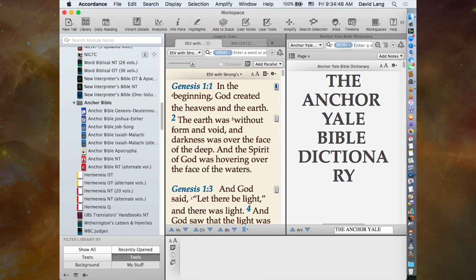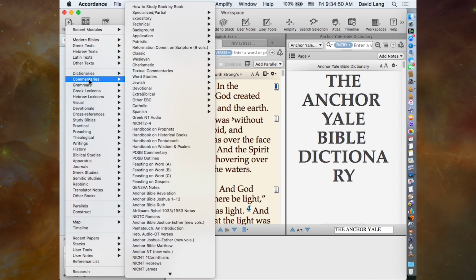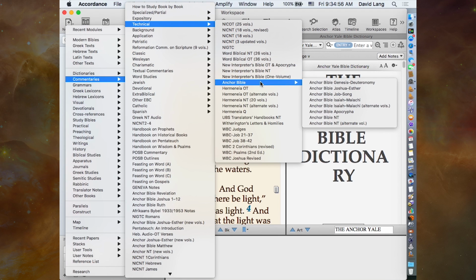All right. Now if I go to the New tab and go into Commentaries and go into Technical Commentaries, we should see Anchor Bible as a submenu within that folder. Okay, so when you create a folder in the library, you're creating a sub-menu in your various menus to access